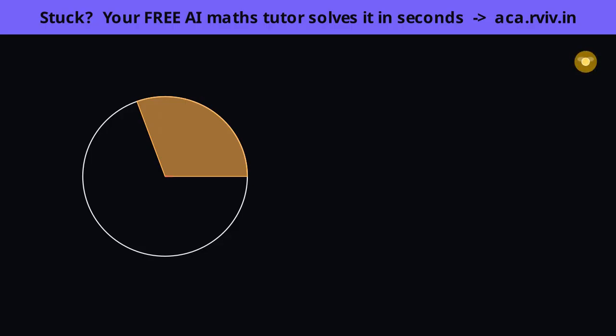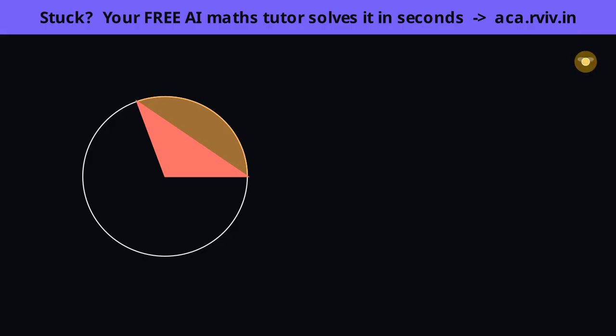Its three corners are the center and the two points where the radii meet the arc. Two of its sides are the radii themselves. The third side is this straight red line joining the two arc ends. That straight line is called the chord, and it's the star of the show. The chord is the fault line that splits the sector into two parts, the flat triangle on the inside, and a thin curved sliver trapped between the chord and the arc.